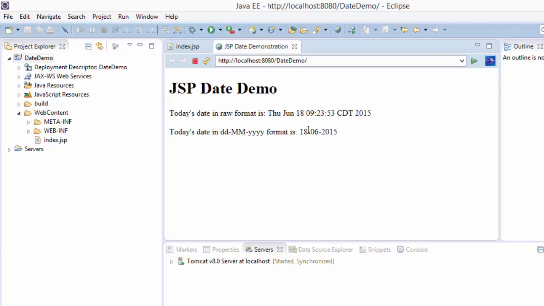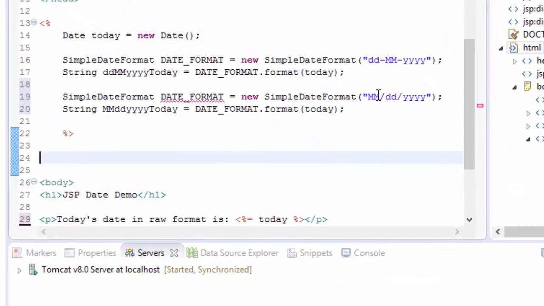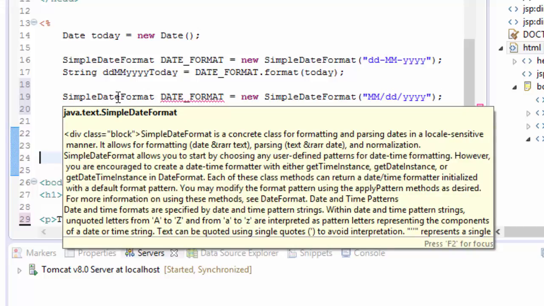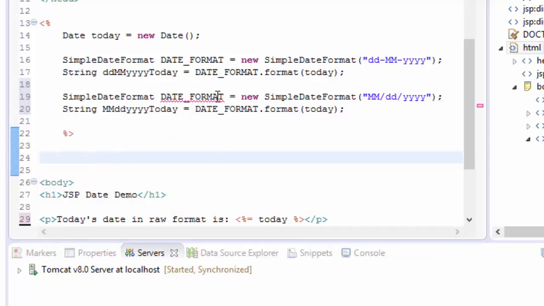Okay, so here it is using that simple date format to actually format the data that's coming out of that Java utility and the date function. And I can apply other formatting, so I'll show you what a couple of those will look like. This is a very common format in the US, month/day/year. So I'm just doing the simple date format here, creating this variable that I can use,